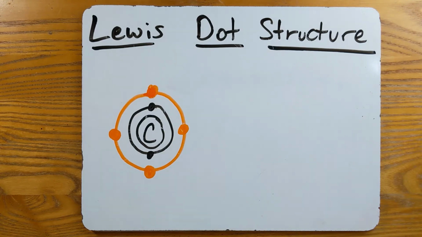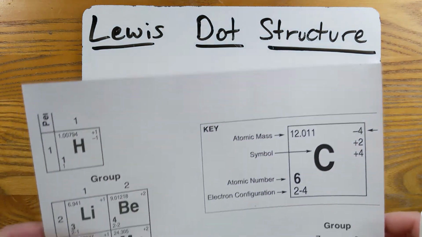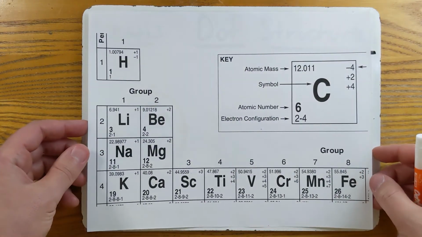Hi, I'm going to show you how to draw the Lewis dot structure. In this video, I'm going to use the periodic table from the New York State Regents reference tables, but I'm going to show you how to use any periodic table. So first we have to remember